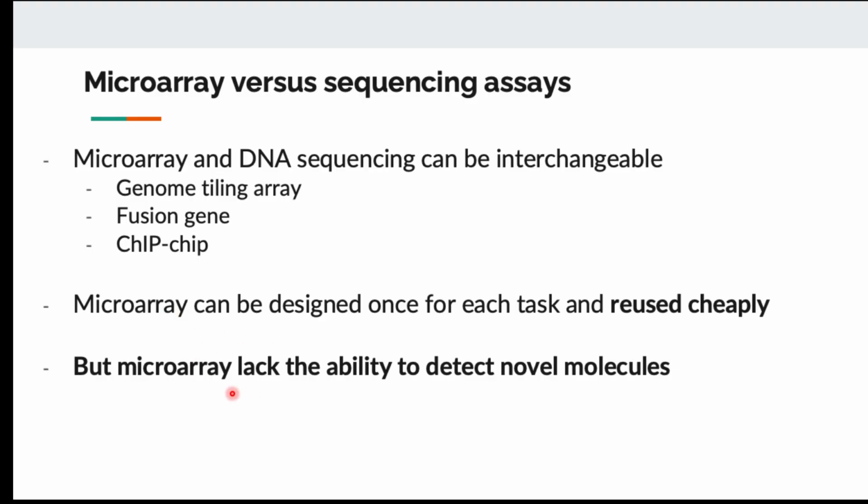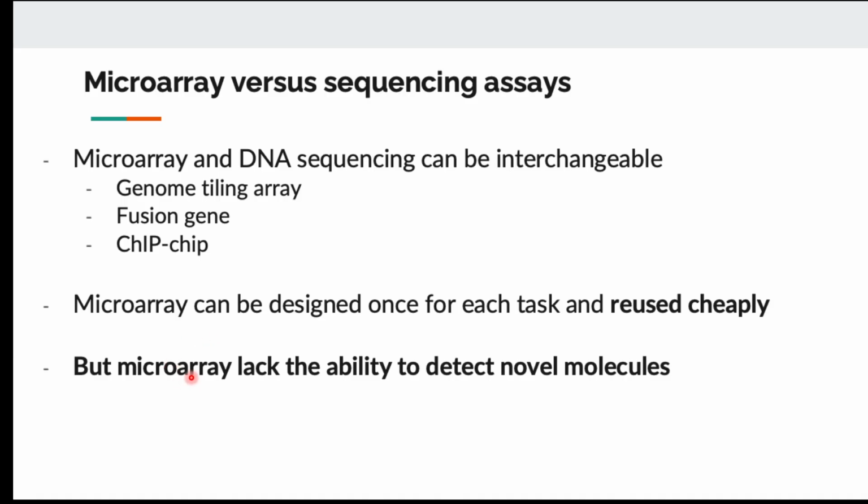But the limitation is, because microarray by design, you have to fix all the nucleotide sequences. So you cannot detect anything that's unknown. You cannot detect anything new. And everything that you can detect are the things that you already targeted for. So that's the trade-off. With sequencing, you can discover many new molecules, many new RNAs, non-coding RNAs, but it's expensive. But if the experiment that you want to do only involves known genes or maybe known regions on the genome, if there is a microarray for that, that can reduce the